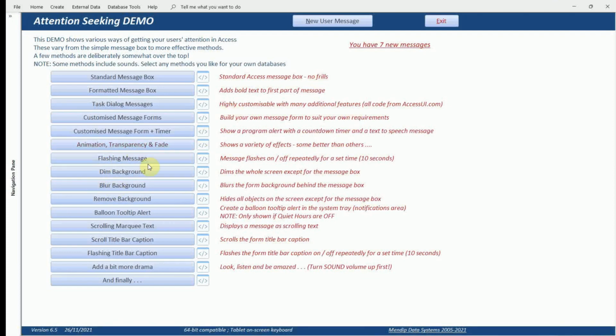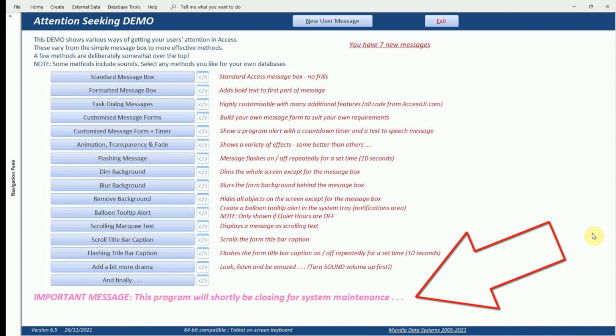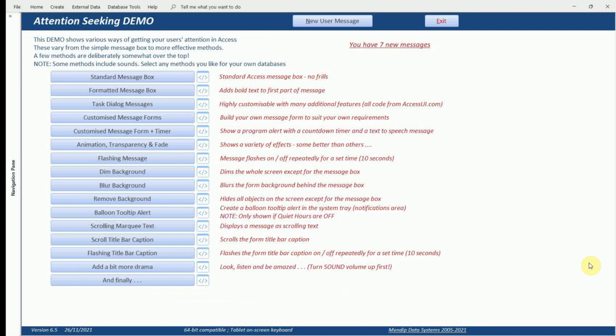Okay, let's go back to more conventional things that you might want to use. Get the user's attention. Okay, before you're about to actually flash up that message I showed you before, have it flashing on and off. And that will flash on and off. Users are unable to stop it, in this case for 10 seconds that I've set there. And after 10 seconds it will disappear, and in reality I'd normally have that other form showing there.